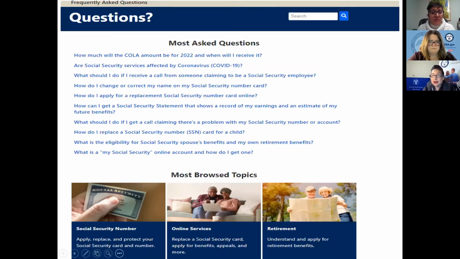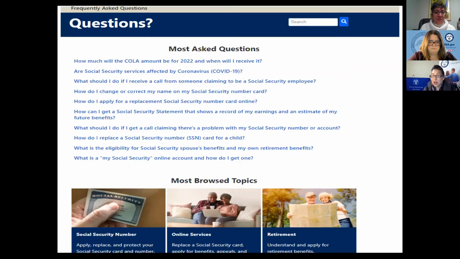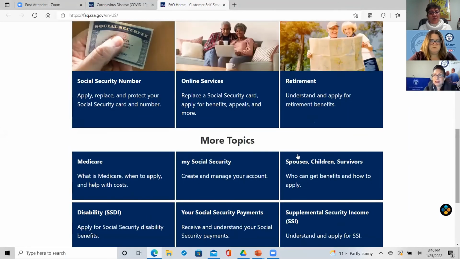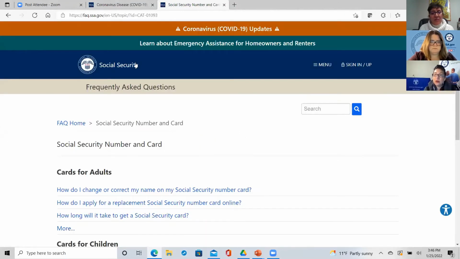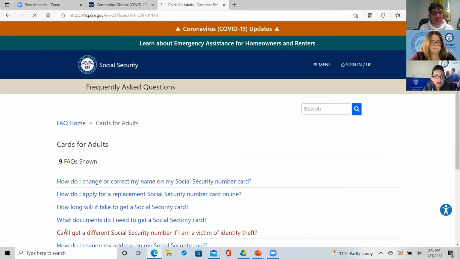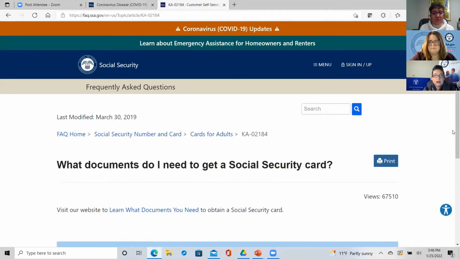you're going to see that there is a link that shows you what documents you need depending on what your scenario is. So it'll ask if you're an adult or a child, if you are a US citizen or a resident, and then based on what you select, it'll show you what documents you will need in order to fulfill your request. So it's really, really good. If you click more there, Megan, it'll say, what documents do I need? That one right there to get a Social Security card, and you click on what documents I need,